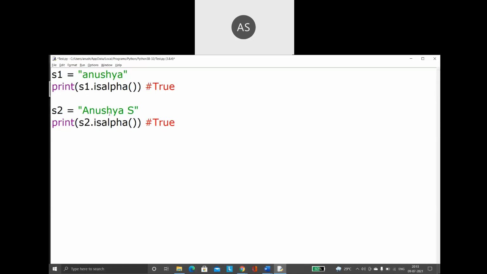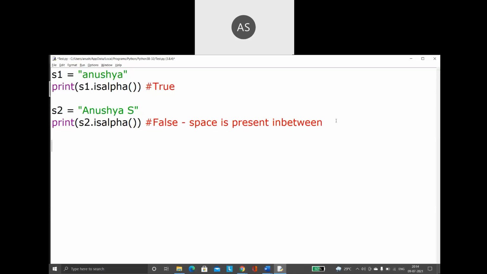Case is not a problem. It can be in uppercase or lowercase. But for this particular string, it is going to give the result as false. Why false? Because you have a space in between. That is not allowed. It should consist of only alphabets. Space is not an alphabet. So because of that, this is going to give you the result as false.